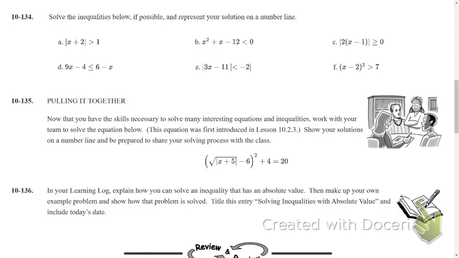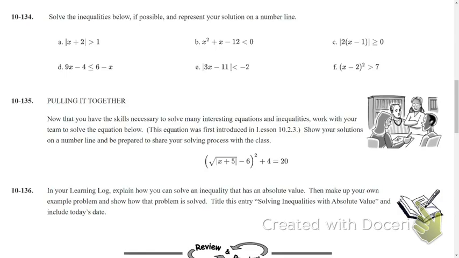By the way, there is a small typo error here on problem E. The negative 2 with that absolute value bar right next to it, that shouldn't even be there. Right, so ignore that, pretend it's not even there. I don't know, CPM dropped the ball on that problem. Okay, so